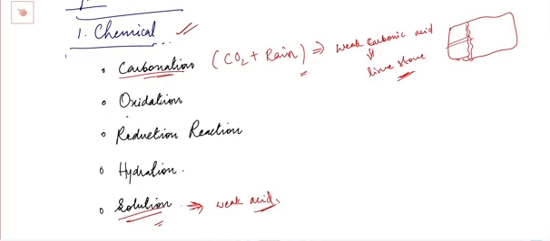Now let's see what oxidation is. Oxidation involves rocks with iron content. If you consider a rock, it has iron in it. If we bring this rock into the environment, our atmosphere has oxygen, nitrogen and other gases, and water particles. So when this ferrous rock comes into contact with water or oxygen, it undergoes an oxidation reaction